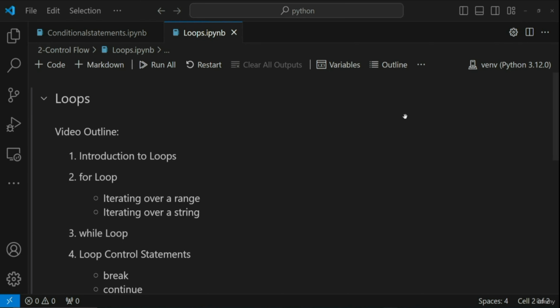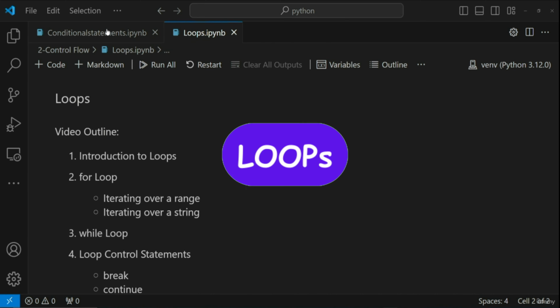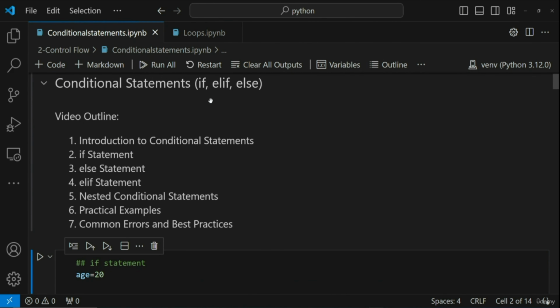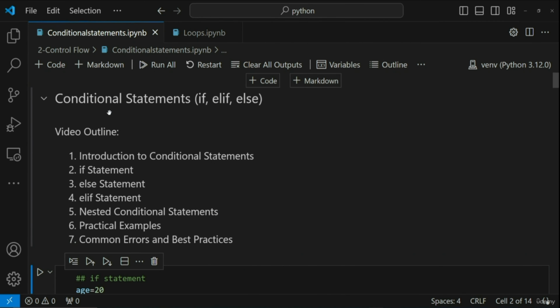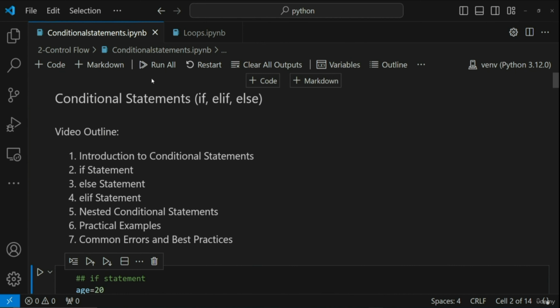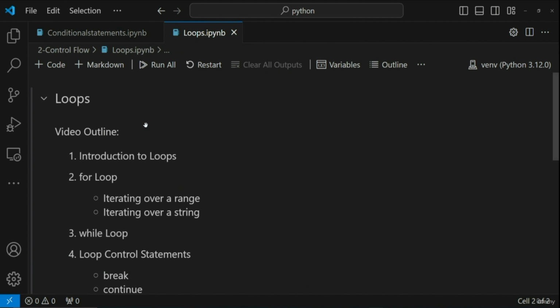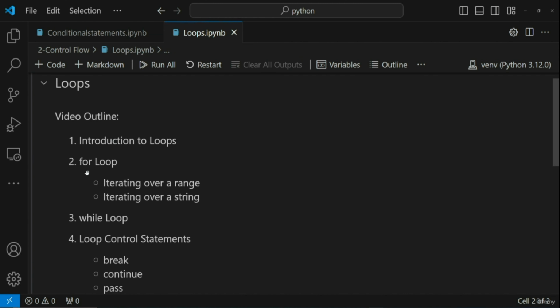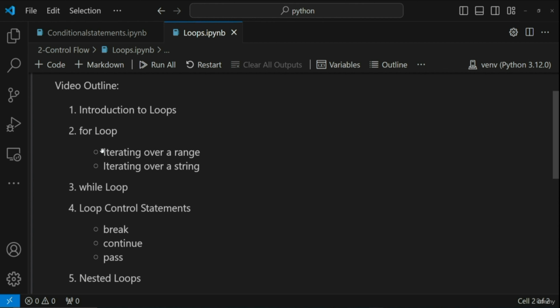Hello guys, we are going to continue the discussion with respect to Python, and in this video we are going to talk about loops. Already in our previous video we have seen a lot of examples with respect to conditional statements like if, elif, else, and we have seen multiple examples out there, right? Now in loops we will be discussing what are the different types of loops we usually use in the Python programming language,